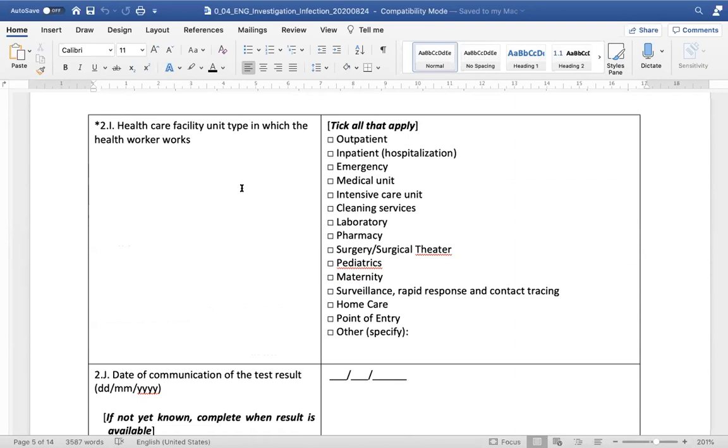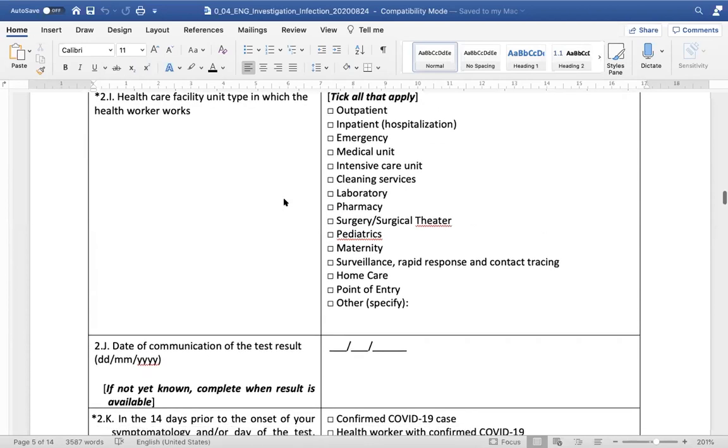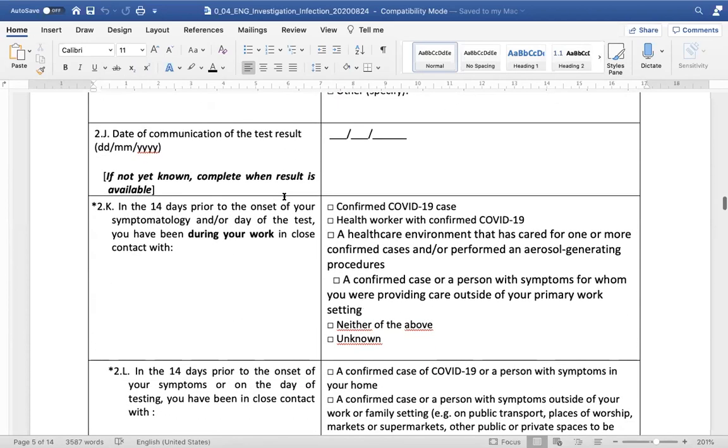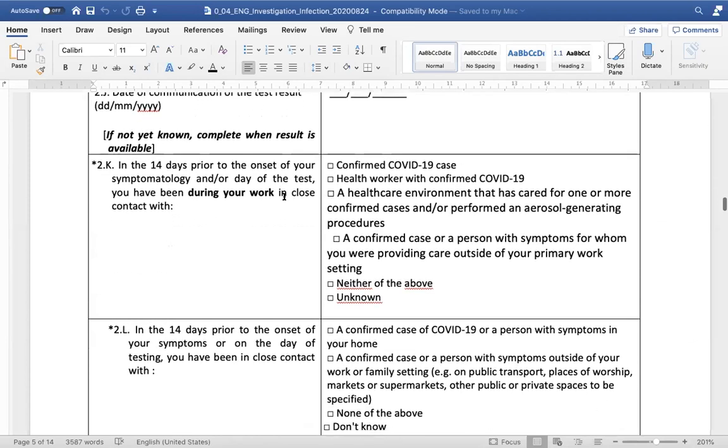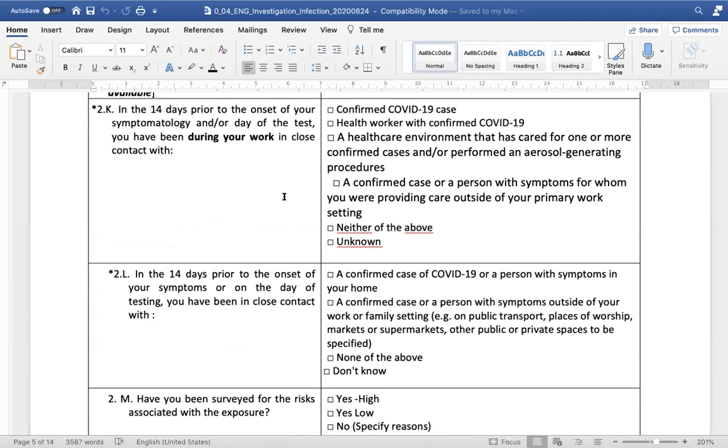And then healthcare facility unit type in which the healthcare worker worked, whether at the outpatient, medical unit, maternity, or any other point in the health facility, you select one. Date of communication of the test results, and then we move on. This is still the health worker information. So we want to find out in the last 14 days prior to the onset of symptoms and or day of the test, whether the healthcare worker have been